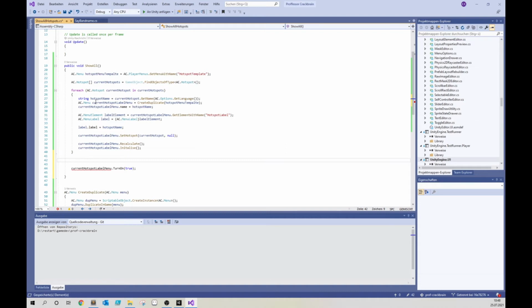So since every time I press the spacebar, this function is invoked, I want it to show all the hotspots, and when they are shown, I want them to deactivate again. In the best case, we test here if it's visible, and if it's visible, we turn it off. And if it's not visible, we turn it on. So it should be something like